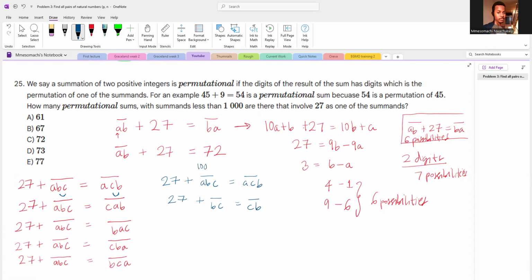We can just bring out 100A from here and cancel it from both sides. So this reduces to what we have in this box here, which we got to have six possibilities. But recall that in this scenario, A could not be zero, but here B can be zero. So what we'll have is now from 3 minus 0 to 9 minus 6. So seven possibilities